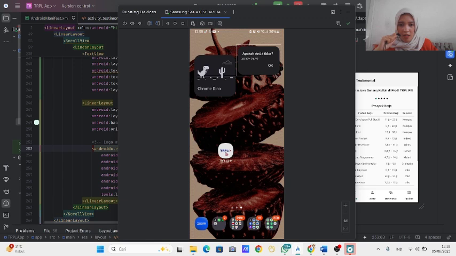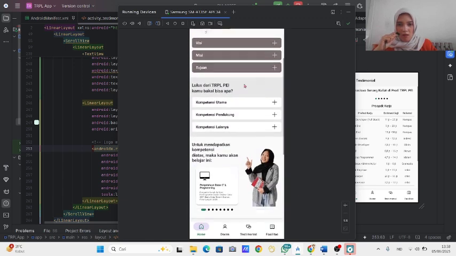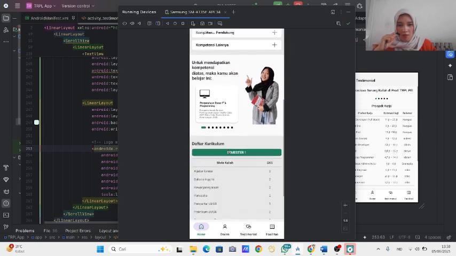Here in the application, first we get the home or dashboard.